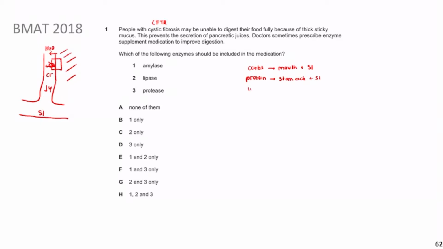And then you have lipids, or fats. That's mainly going to be digested in the small intestine. You actually have a bit in the stomach, but it's really bad there. I'll explain why. Essentially, if you imagine this is the tank that is your stomach,